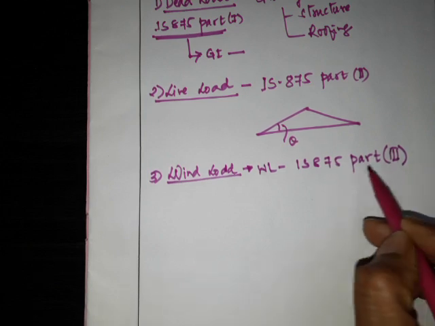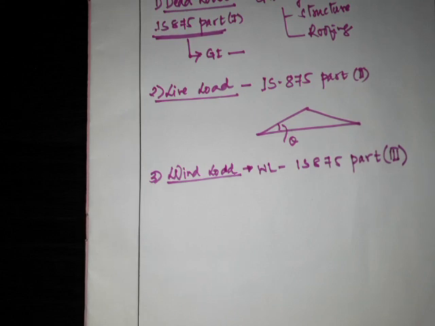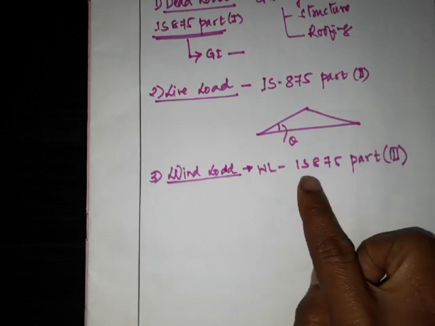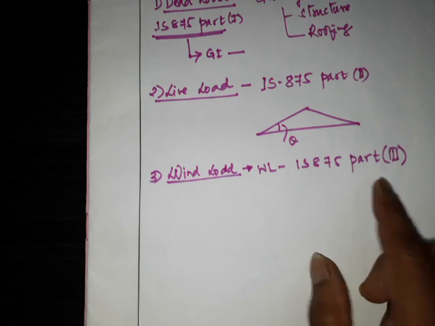You have to refer to IS 875 part 3, because the action of wind on a steel structure depends upon the type of structure, height, area, size, and load of the structure. The lighter the load, the more susceptible it is to attract the wind force. If it is heavier, it will resist the wind load. So again you have to refer to IS 875 part 3 for wind load.